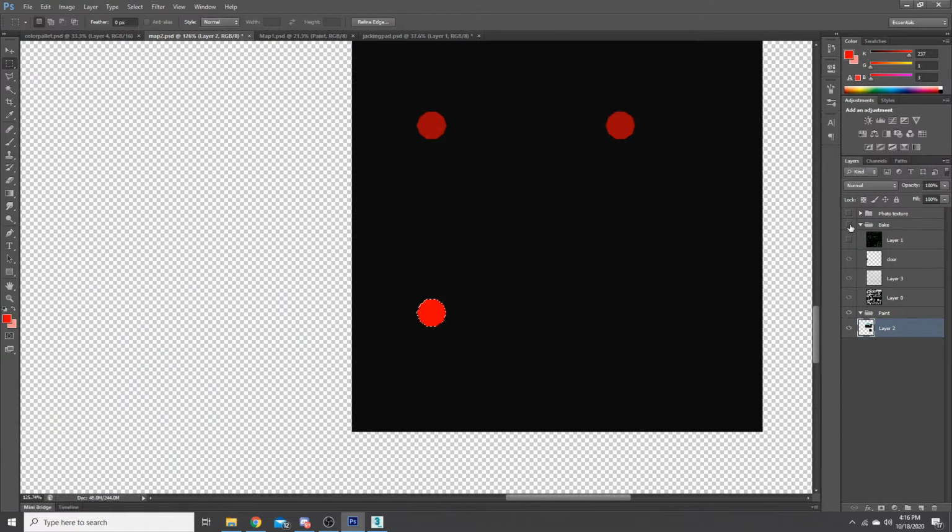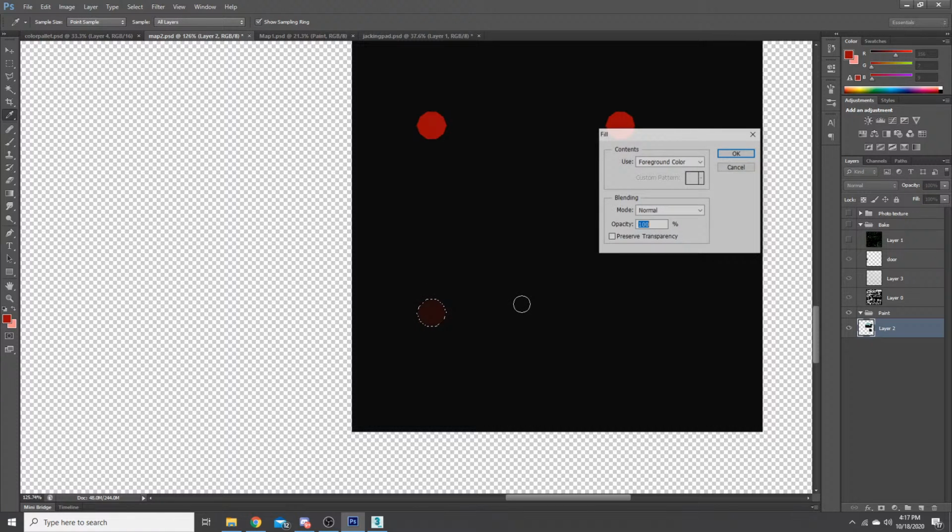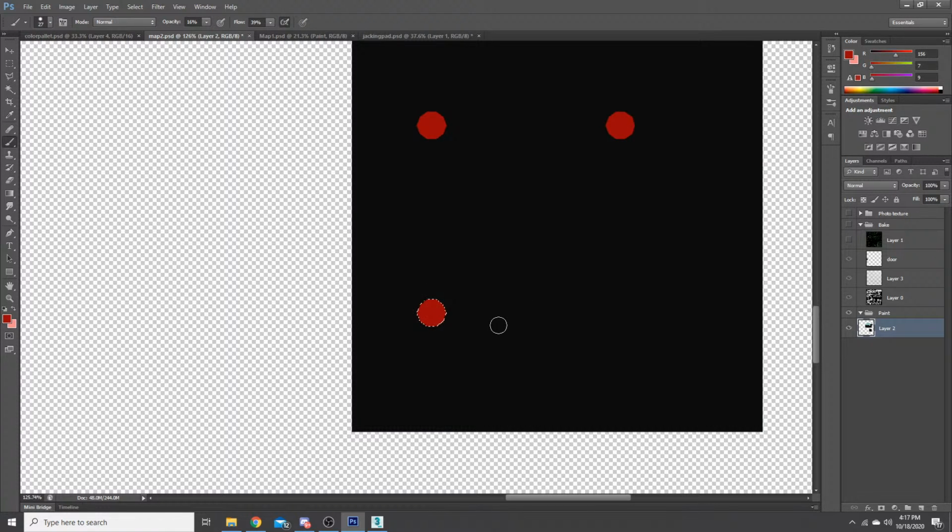So let me get rid of, yeah, it needs to be darker. There we go. So I think I got that going alright there.